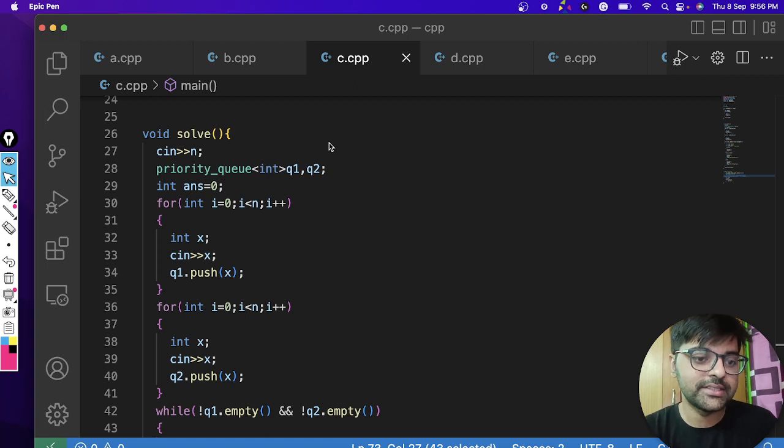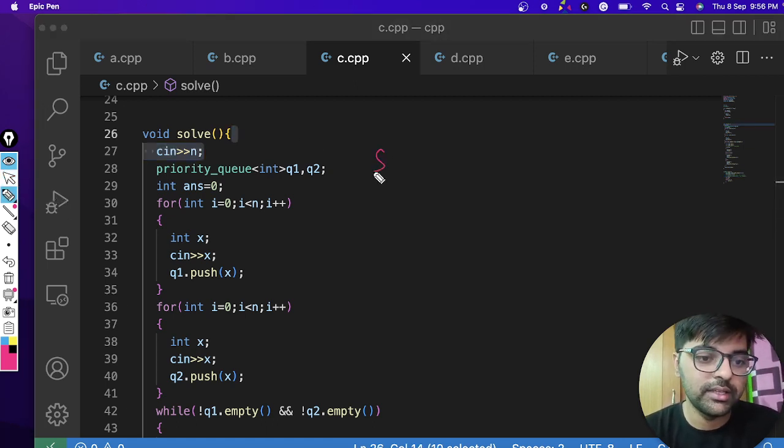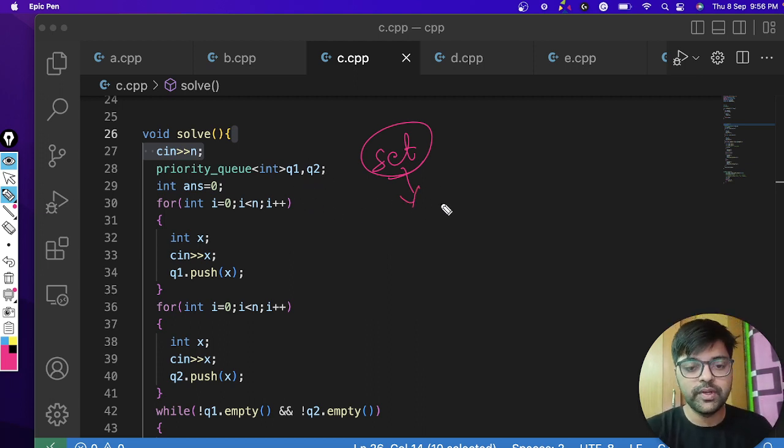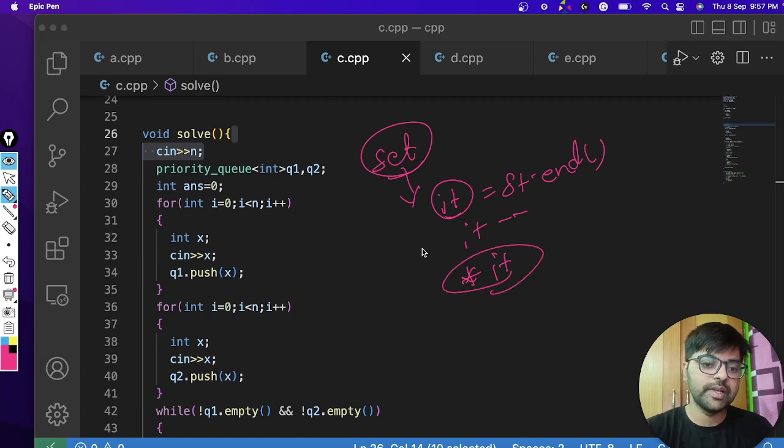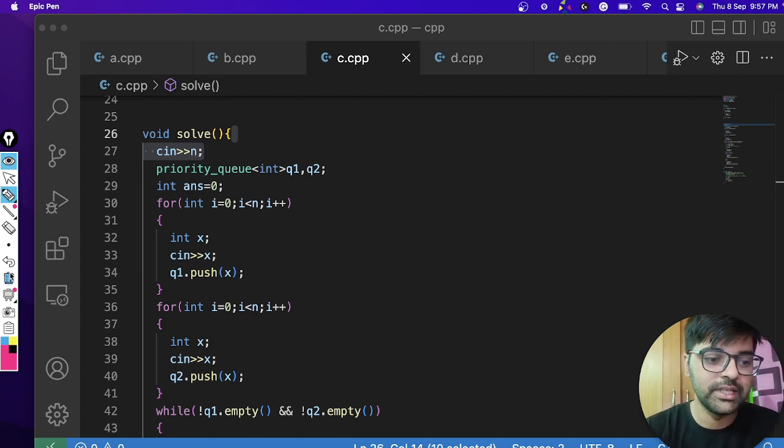You can take sets as well, but I think a priority queue is better. It is easy to implement, as it will give me the maximum number every time. Or else you will have to get it through an iterator: find st.end, then come back with minus minus, then take a star of it, and then also remove it with st.erase. So it will be lengthy. Sometimes a set is useful, but here we will use a priority queue for easy implementation.